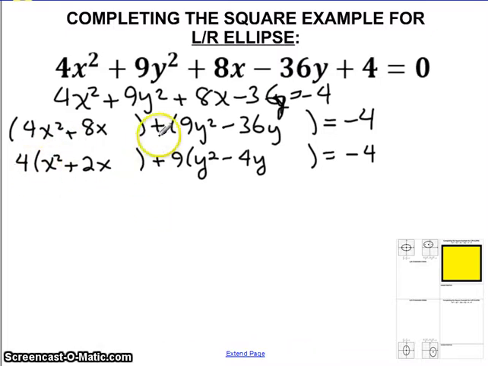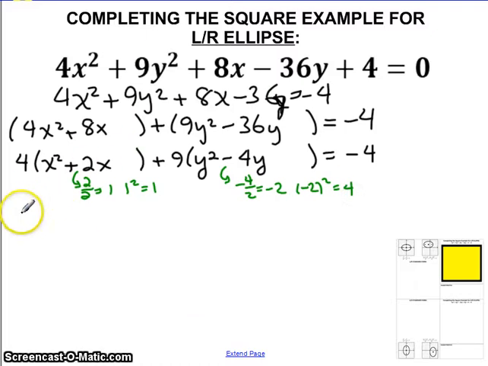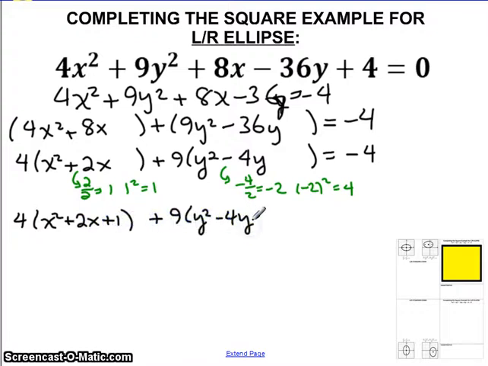Now that I've got this piece and this piece with a 1 in front of the x squared and 1 in front of the y squared, I can go ahead and do my completing the square as I normally do. So let's see, negative 2 squared equals 4. And I'm going to go ahead now and go back to black, I guess. Here we go. 4 times (x squared plus 2x plus 1) plus 9 times (y squared minus 4y plus 4) equals negative